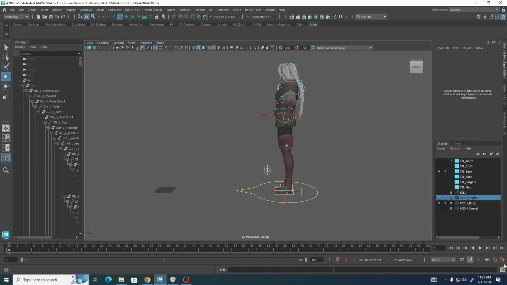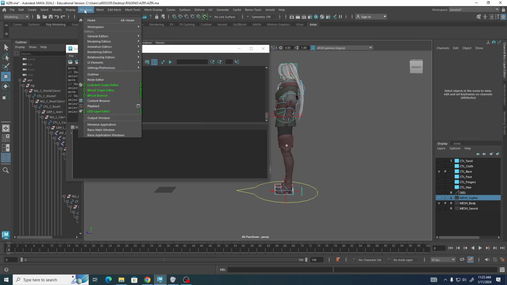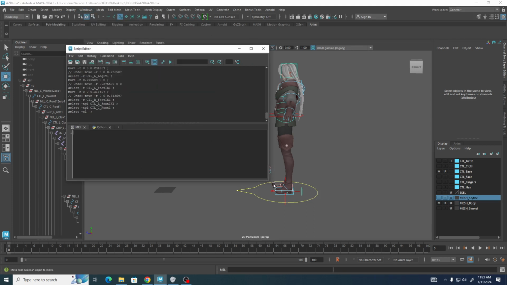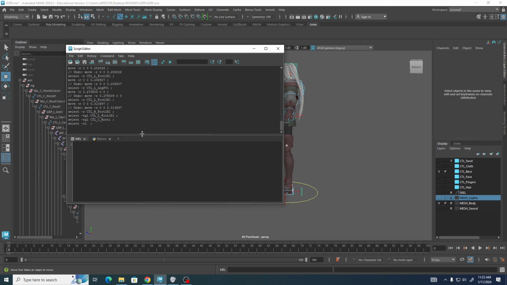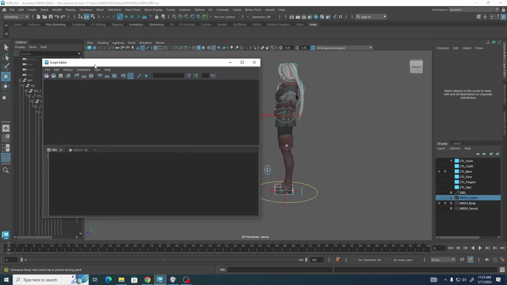here's our first look at the script editor. If we come down here to the lower right, open the script editor. Or we can go to Windows, General Editor, Script Editor. Okay, the script editor has 2 parts. It's got a history window and an input window. And it's really cool, the history window, because it spits out a history of every command that you've run, okay? So what I'm going to do here is take this icon and clear the history,